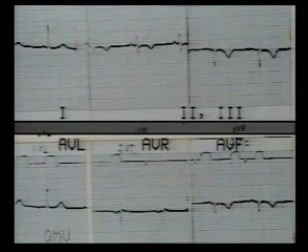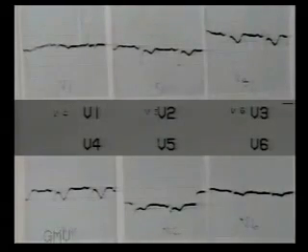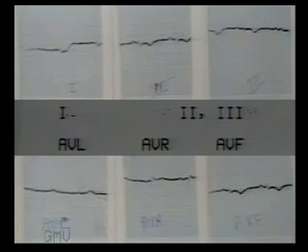This ECG shows T wave inversion in 2, 3, AVF. This indicates ischemia in the inferior wall, probably narrowing of posterior descending artery. Now observe this ECG. The T waves are inverted in all chest leads. They are also inverted in limb leads. Generalized T wave inversion is seen in the second phase of acute pericarditis.